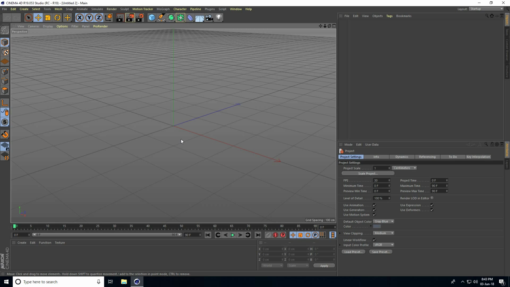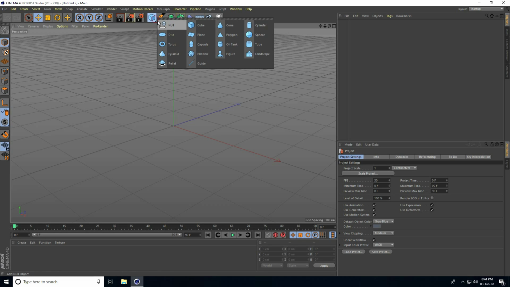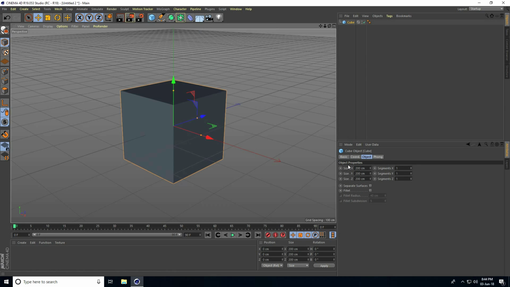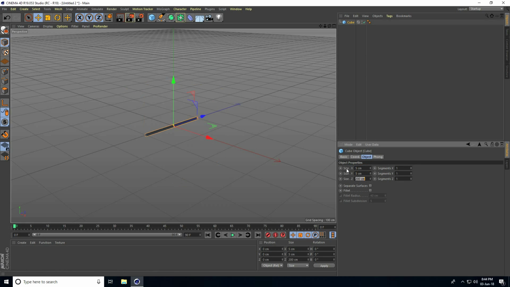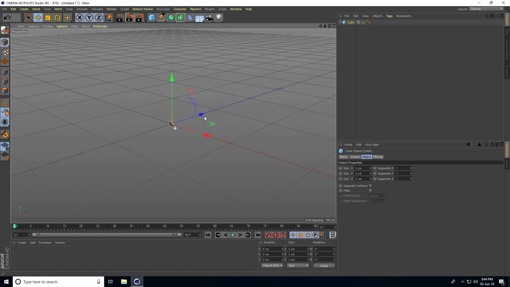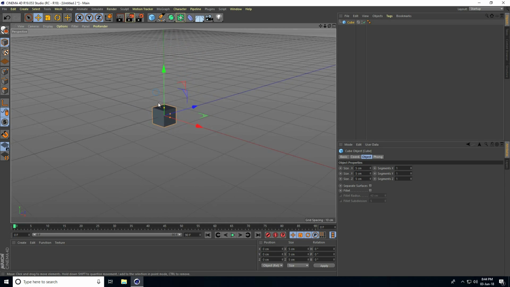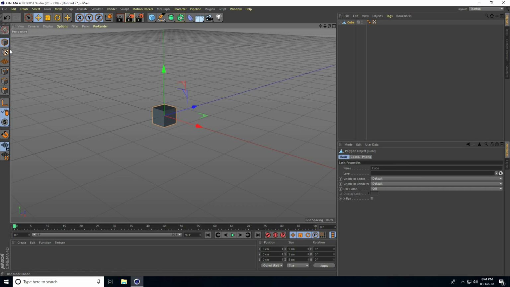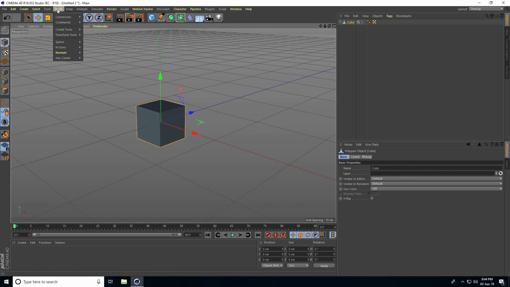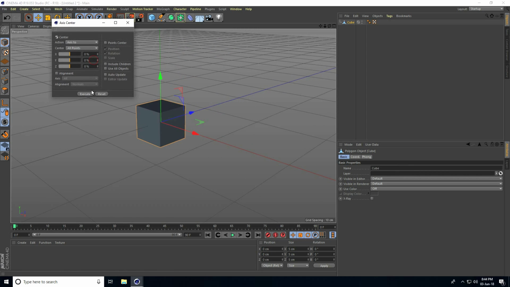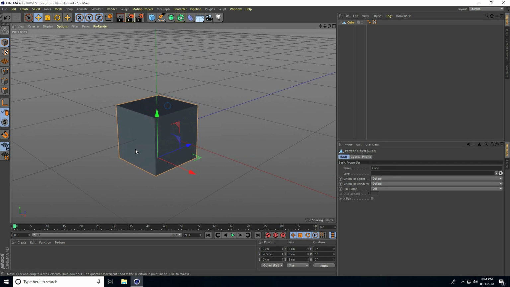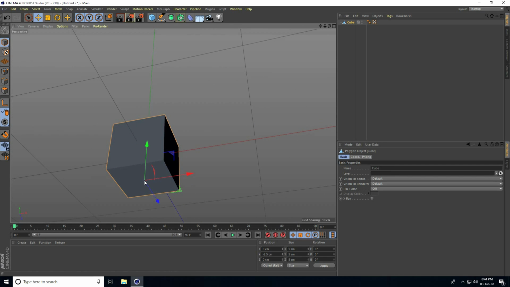Today I create text animation using the sound effector tool. Firstly, I take a cube, and the cube size is only 5 centimeters: 5, 5 and 5. Closer, and make this cube editable. Click here and change the center axis. I go to Mesh, Axis Center, go to Y position, take minus 100% and execute. Check. See, my center pivot is here.